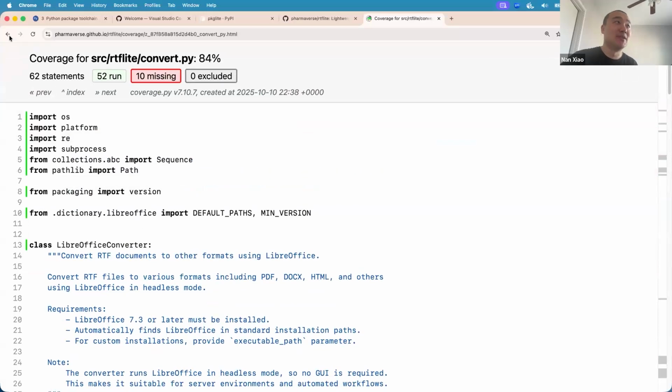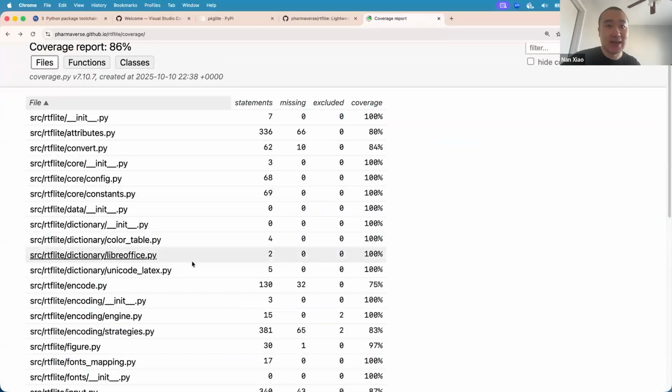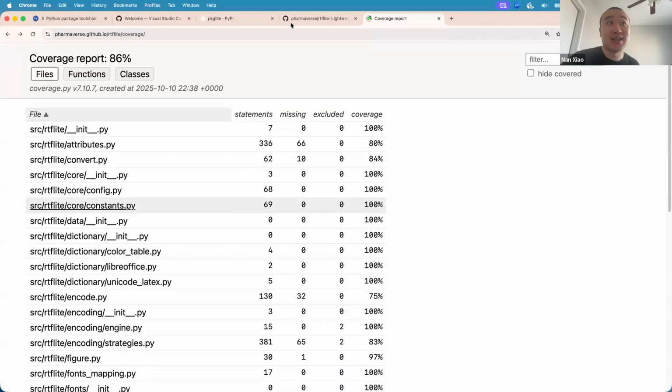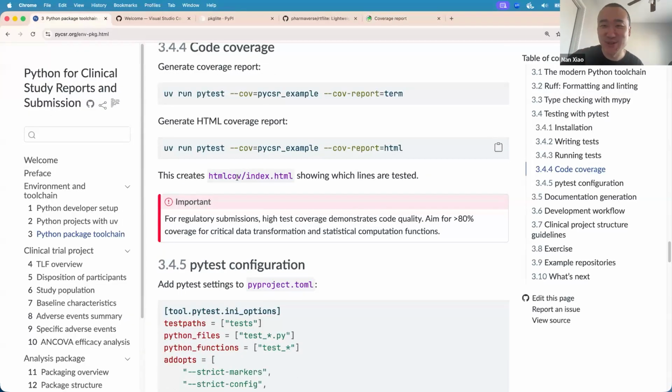This is very useful for checking if your code has been covered by your unit tests. Overall, we have 86% for RTF Lite, relatively decent. It can be 100%, but you can always improve that later. But that's probably a task for Yilong.